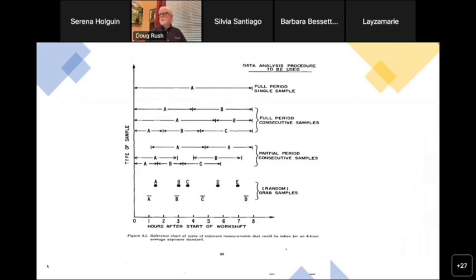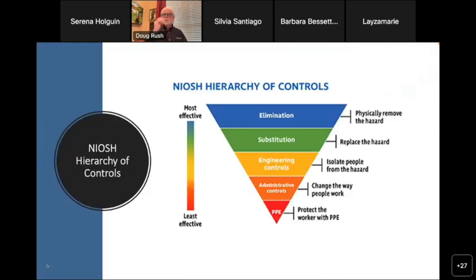This is just another visual of the same sort of thing that comes right straight out of that 1977 document. So I encourage you to get that document and review these terms. There are updated documents out there that show this very same stuff. None of it's changed. I just like the 77 version because it's as simple as I am. It just helps me to understand sometimes. Keep it simple, stupid. I'm a believer in that. NIOSH hierarchy of controls, man.